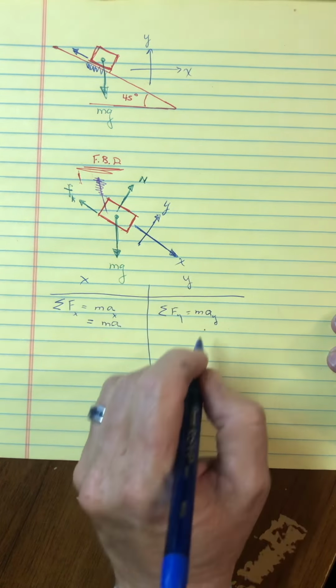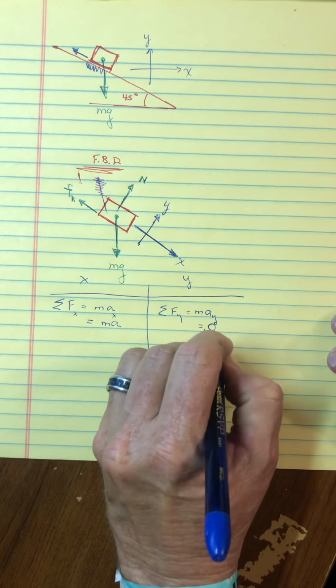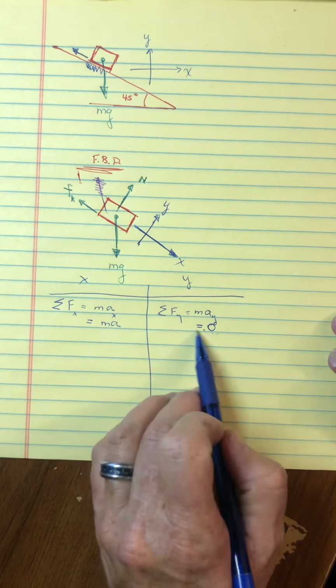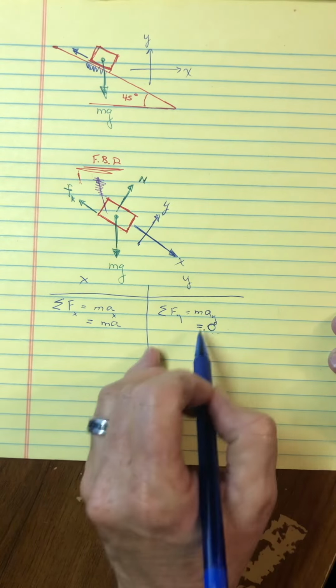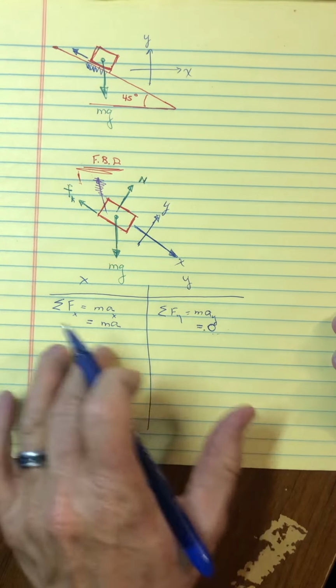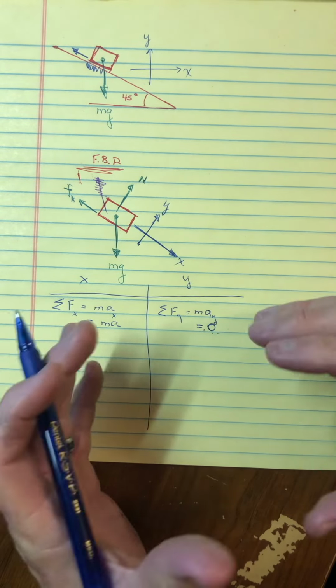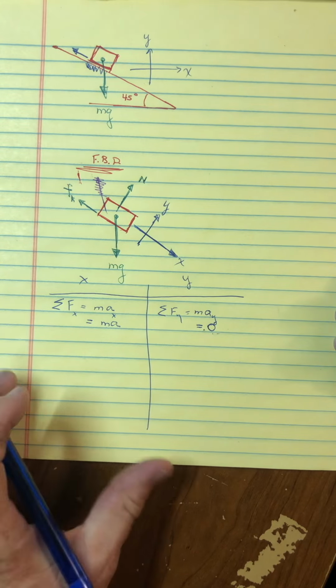But there's also an advantage on the other half of our work, and that is over here, the acceleration in the y direction would be 0, and it's great to have equations that equal 0. They tend to be easier to solve when you feed them back into a 2-equation kind of a, what in math class you'd call a system of equations. All right,